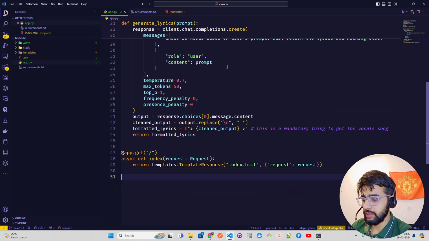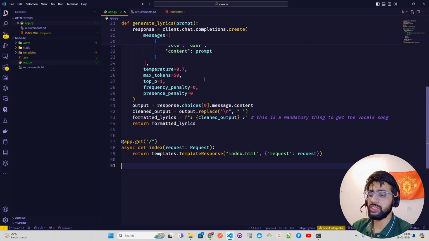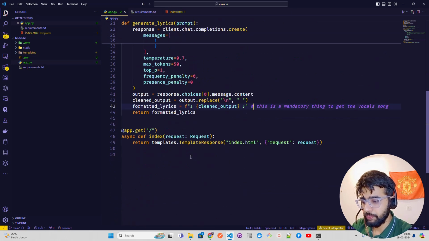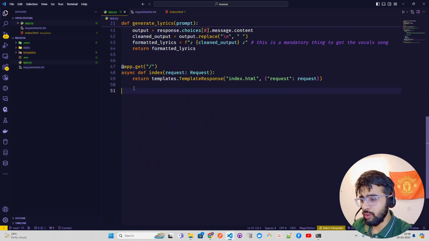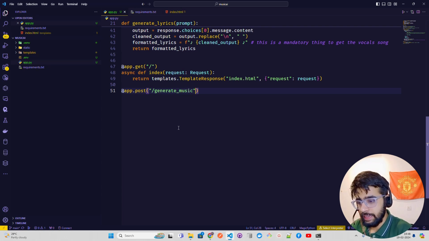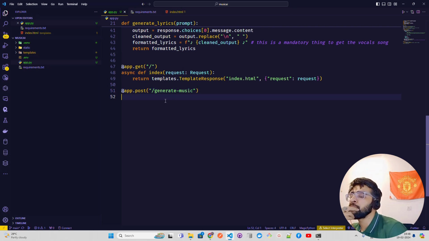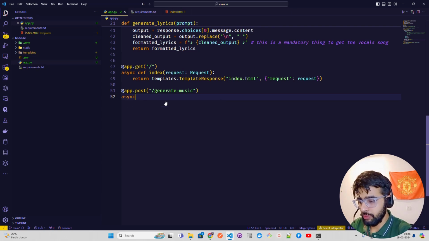So our async def index is done, and now I'm going to write the final function. Cool. Now I'm going to write the next function which is app dot post, and here I'm going to write the generate music endpoint. Let's create that, generate underscore music, or let's use a better naming convention for endpoints, generate hyphen music. And now here again I'm going to do async def, again our function called generate underscore music, and then I'm